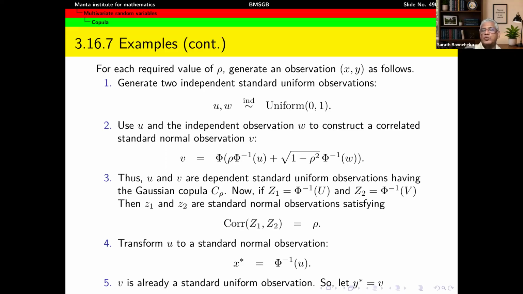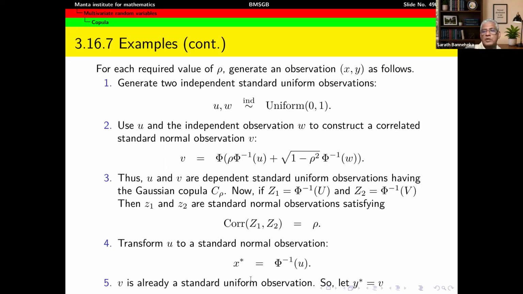We want to now transform U and V into X star and Y star, where X star has a standard normal distribution. Therefore, I have to transform this U using the inverse cumulative CDF of a standard normal. So X star is equal to capital pi inverse of U. And I want V to have a uniform 0, 1 distribution, and V, according to this generation, already has